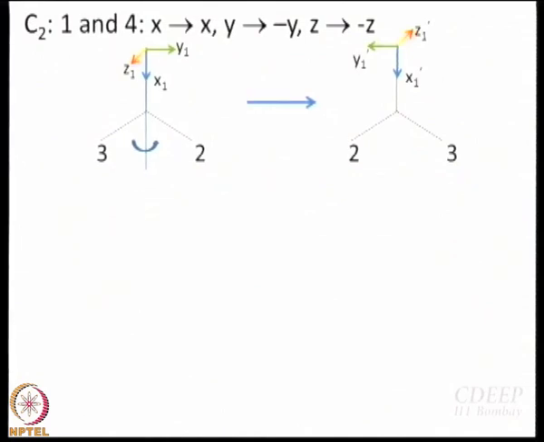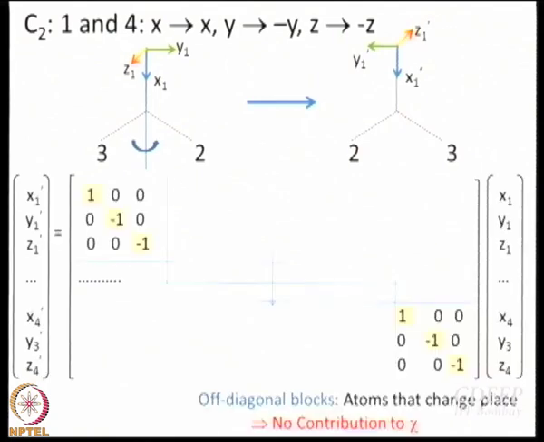Okay, so you can write the block now. What will be the block? 1 0 0, 0 minus 1 0, 0 0 minus 1. So to make simple life even simpler, it is a diagonal block. So this is how your transformation matrix should look. You don't care about anything else because all you care about is character, right? So what is the character? Minus 2. Right, simple, very easy.